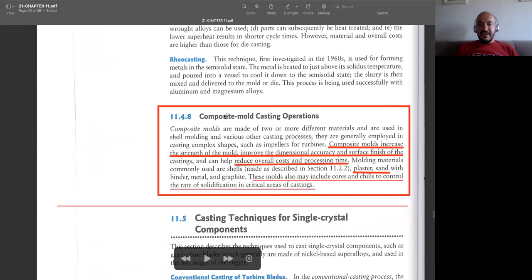And then we have a brief topic on composite mold casting processes. That's nothing new. If you want to improve the quality of your molds by the combination of different materials, then it's called composite mold casting. With the help of them, as you see, the strength, accuracy, and surface finish of the resulting product is improved. And once you have these nice advantages, your overall cost will be decreased, and the processing time again will be decreased since you don't need to do extra operations after the casting process. And that is all